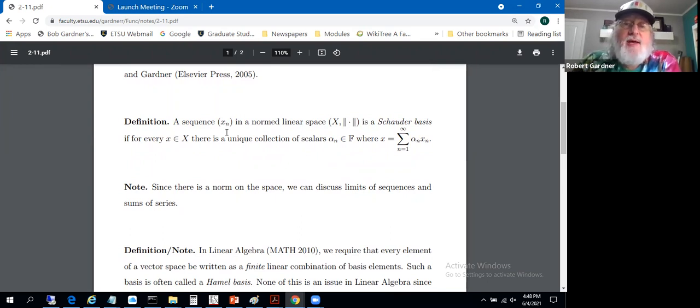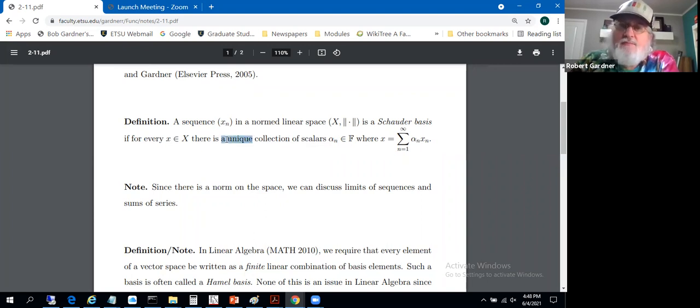A sequence, x sub n, in a normed linear space, capital X, is a Schauder basis if for every x, a vector in the normed linear space, there's a unique collection of scalars, alpha sub n, from the field, usually the reals or the complex numbers, where x can be written uniquely,